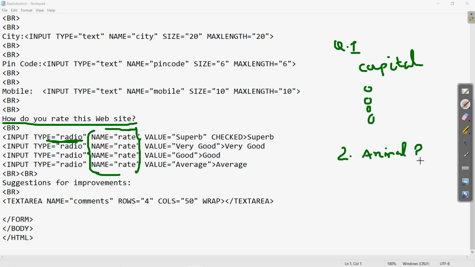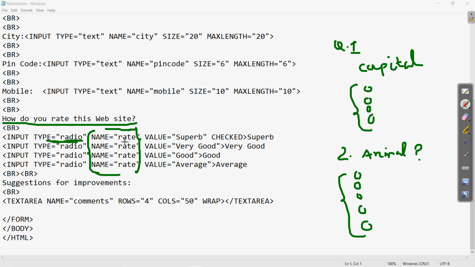If the options are peacock, tiger, and then 2 more, these 4 or 5 options we can give as per the need. If you want to give 5 options, for that we can write the input type 5 times. Clear? So here if these are the options of the second question, then the name will change. So in our case, we have written the name as rate, as that was the question related.